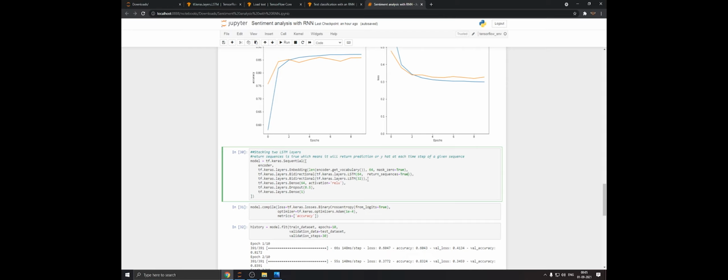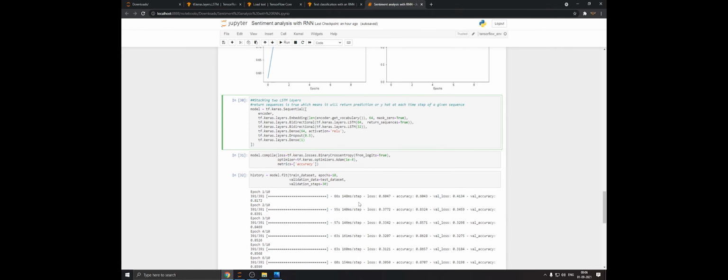And then we have another LSTM layer of 32 units, then a dense layer of 64 units, and then a dropout layer. This dropout layer is a layer with some units, and these units are dropped or neglected with a probability of 0.5 on each epoch. Like in the first epoch, 50% of the nodes will be neglected, and then in the next epoch another 50% of nodes will be neglected. And then we have one node for our binary classification task.